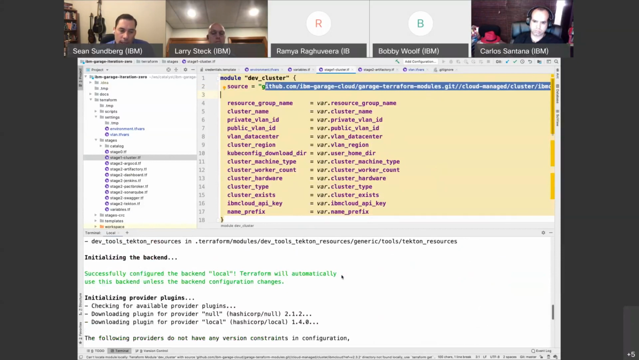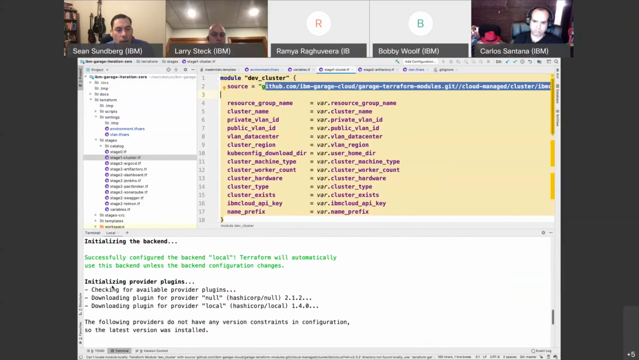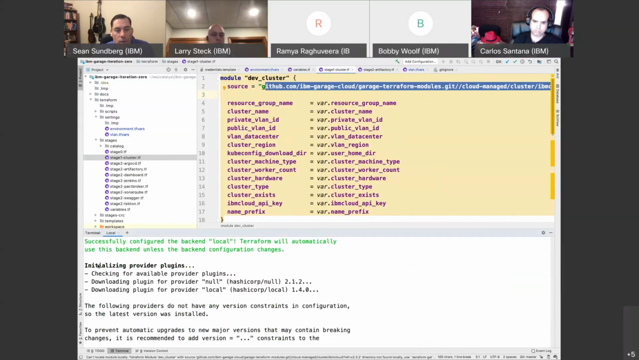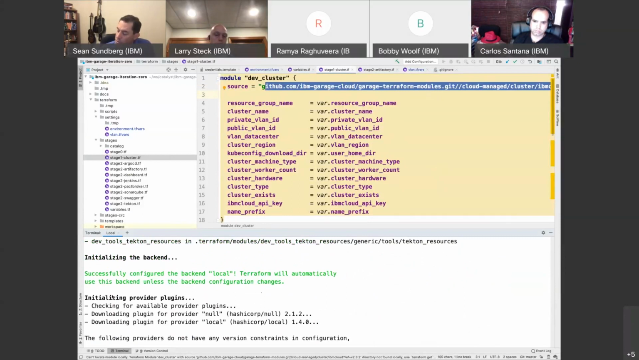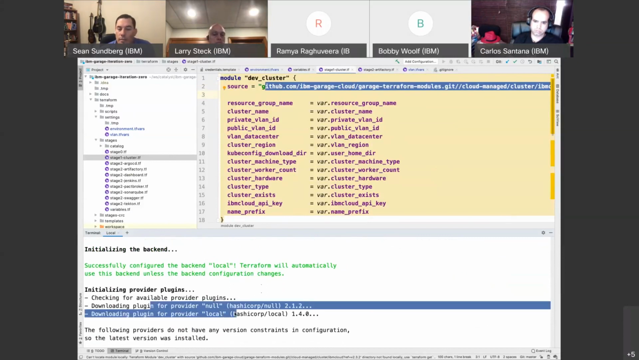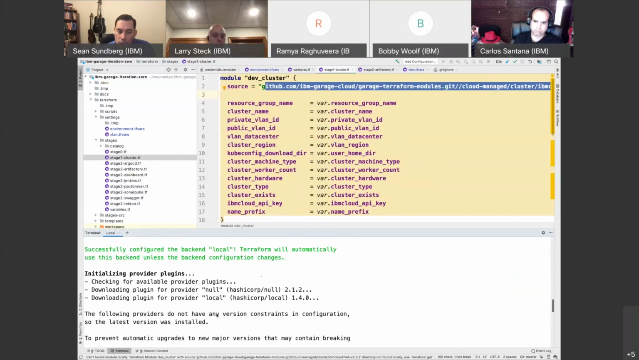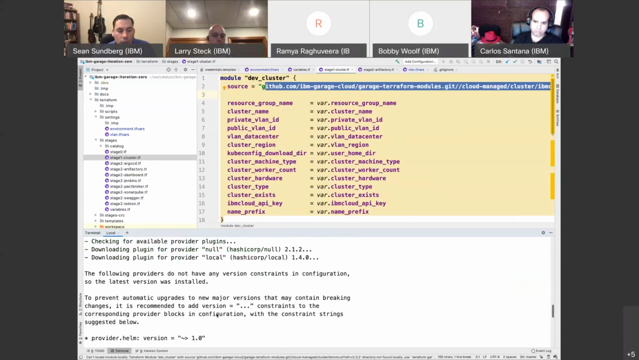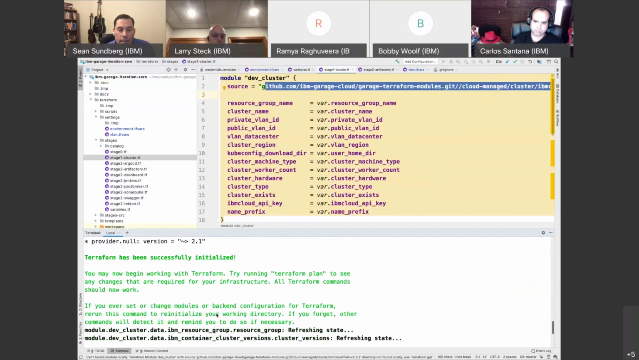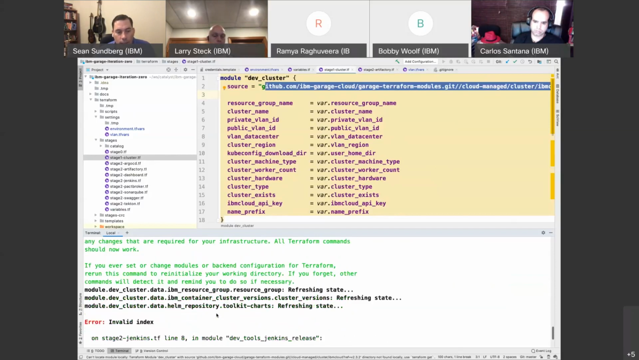Next, it will do a plan, which it's doing now. So it checks for any plugins that are used within those modules that may not already exist. There's a couple provided by HashiCorp that we're using, null and local, that we don't have in the image, so it went to pull those down. And then it gets to work applying,